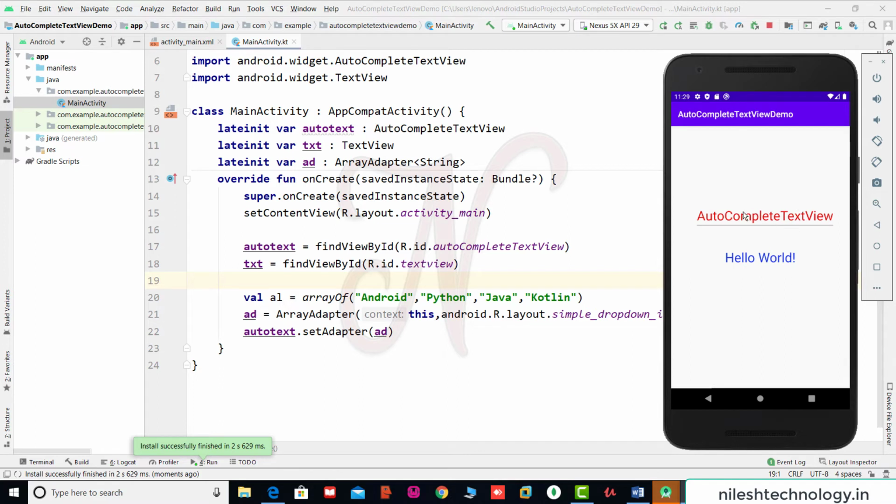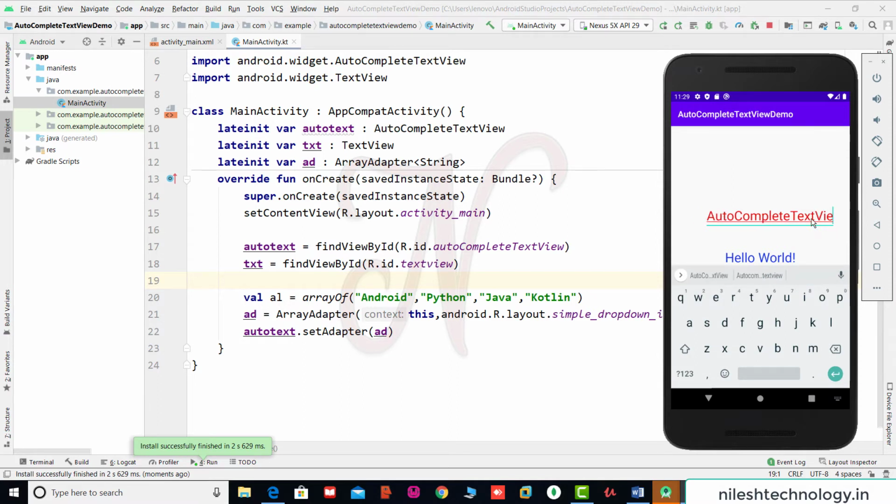So see, this is the autocomplete text view and this is a hello world. So if you click this or we remove this text, so see here, if you type Android, this is my suggestion, Android.